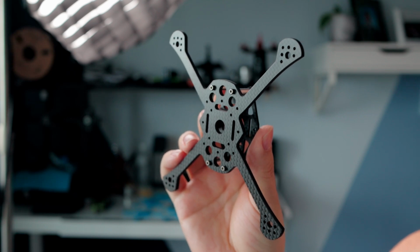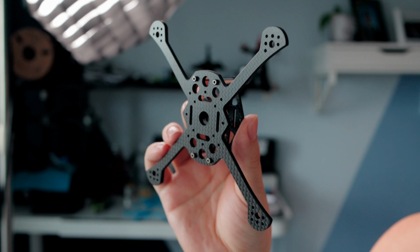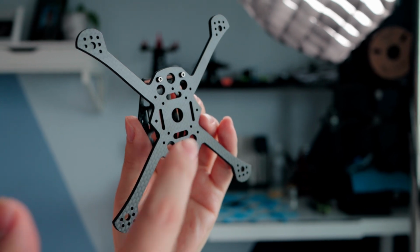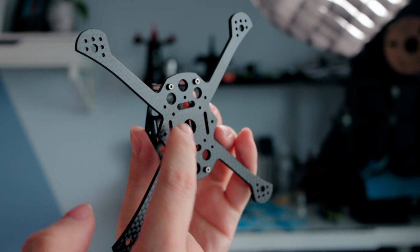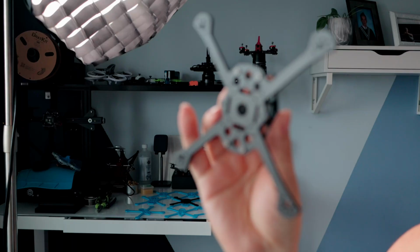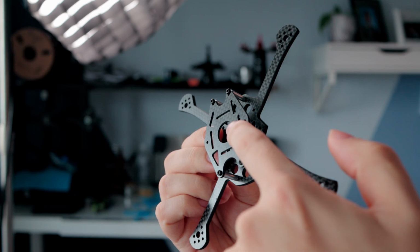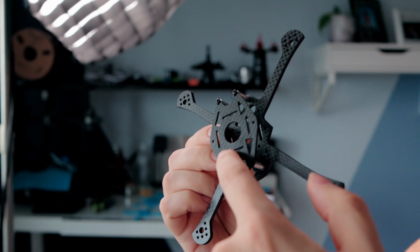Well, it's a 3.5-inch drone that I designed like a Swiss Army knife of all drones. It has tons of mounting options: 20 by 20, 25.5 whoop board, or a 30.5 by 30.5. Has all your electronics covered. It also has an extra mount for 20 by 20 if you use the inside of these 4 triangular holes on